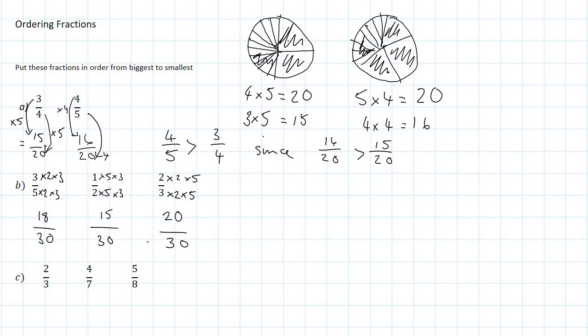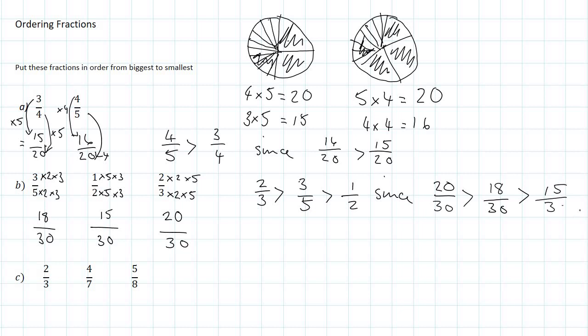Okay? And now I can put them in order. Okay? So I've got 18, 15 and 20 as my numerator. So 20 is the biggest. So 2/3 is the biggest. That's bigger than 18, which is the next. That's 3/5. Okay? And that's bigger than 15/30. That's a half. Okay, and let's just write in my reasoning, since 20/30 is bigger than 18/30, and that's bigger